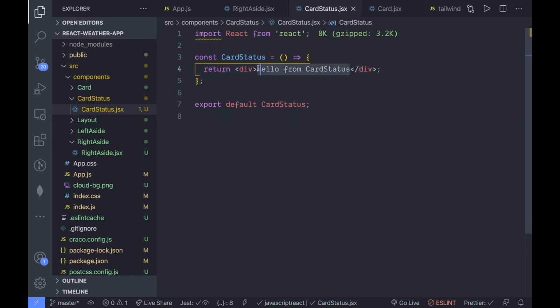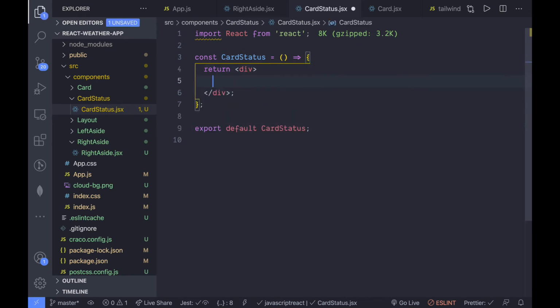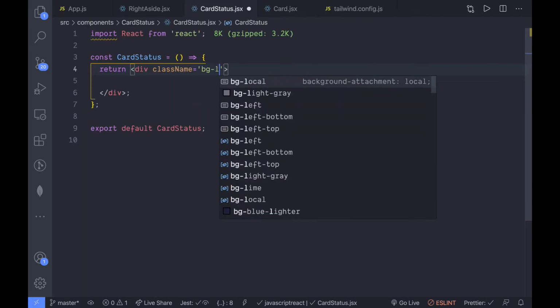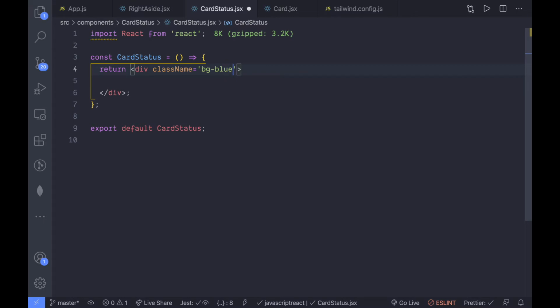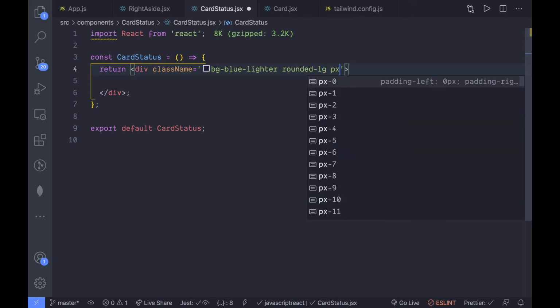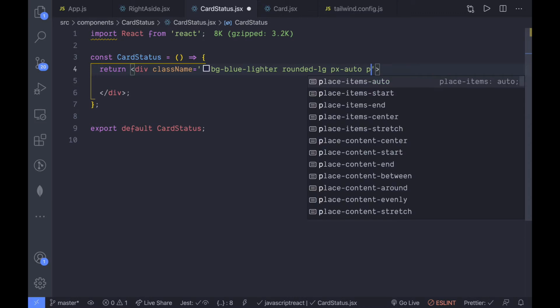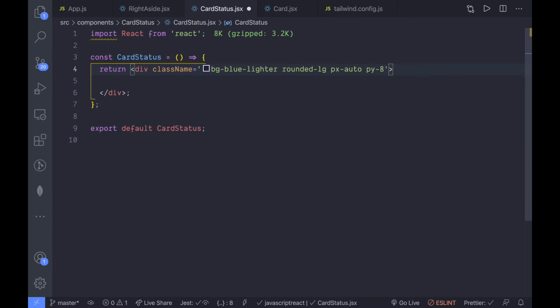So delete the text right here and give this division a class name. Set the background color to blue lighter because all our cards are blue in color, and give a border radius and set the padding X to auto and padding Y to 8.